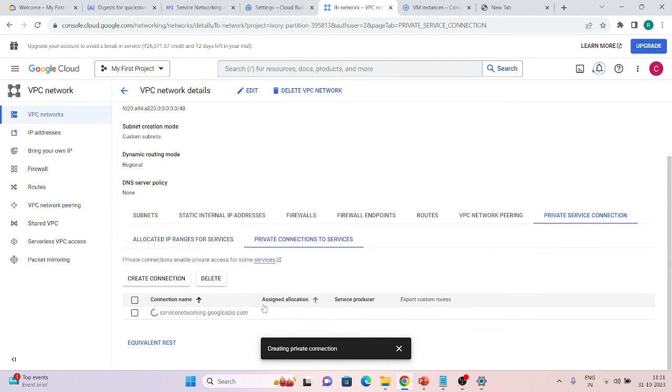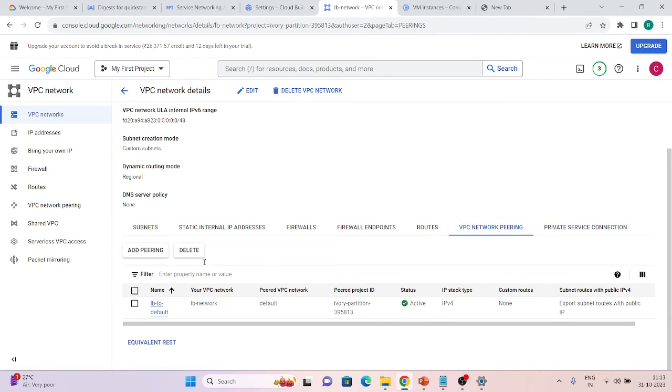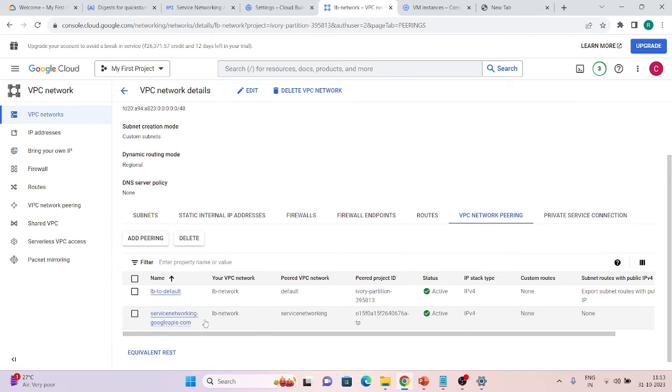Until you create a private connection between both networks, you cannot access your VMs or any private resources. My private connection has been created, as you can see. If we click on VPC network peering, we can see that also. A peering has been created between my network and that peer network of service networking, which is at the Google end. So this step has been done.